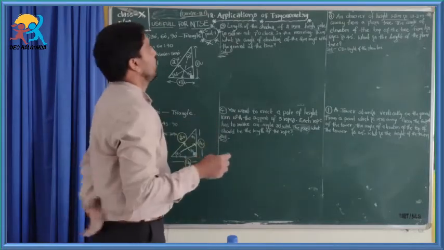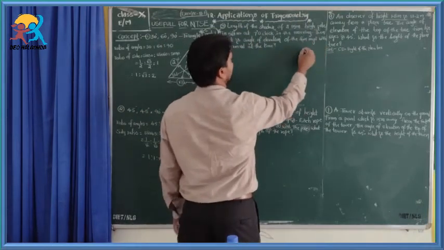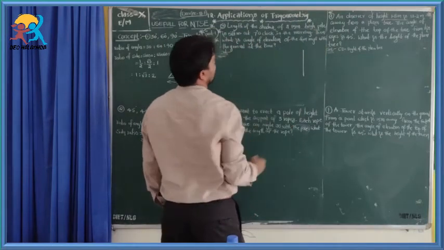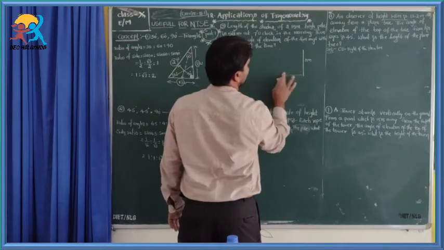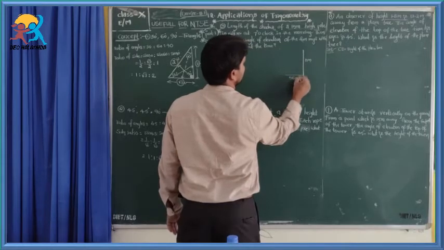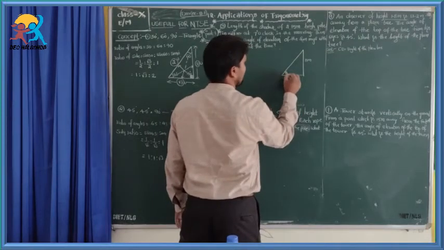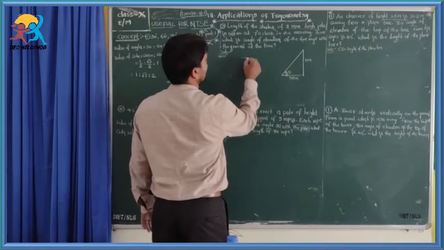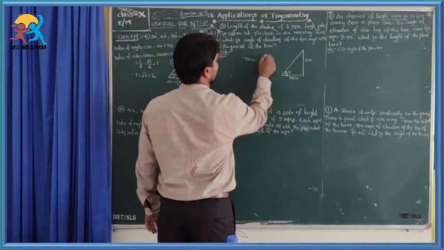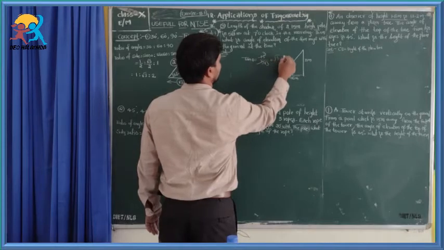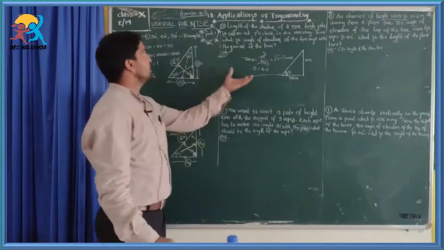Okay, let us see. Length of the shadow of a 15 meter high pole. Length is 15 meter. This is a pole. Its shadow is 5 root 3 meters. We have to find this angle theta. Tan theta equals opposite 15 by adjacent 5 root 3, which is root 3, equal to tan 60, so theta equals 60. Leave this question, we already did it in part 2.